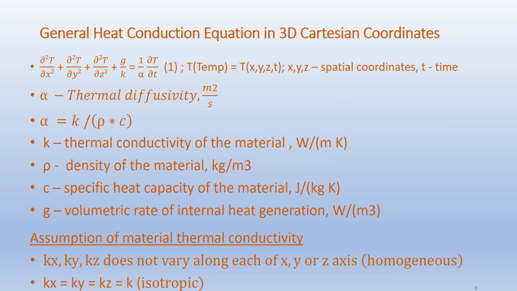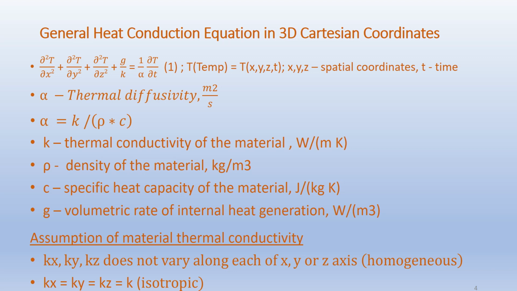The general heat conduction equation in 3D Cartesian coordinates is given as ∂²T/∂x² plus ∂²T/∂y² plus ∂²T/∂z² plus g over k equals 1 over alpha times ∂T/∂t, where the uppercase T represents the temperature in the domain and is a function of x, y, and z, the three spatial coordinates, and time represented by lowercase t in seconds. Alpha equals